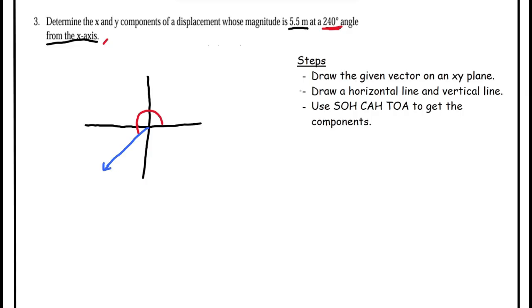Next step is draw a horizontal and vertical line. The horizontal line is our x component and the vertical line is the y component. The vertical line has to be parallel to the y-axis, the horizontal line parallel to the x-axis. Now let's give these names. Let's call our vector d, so we call the y component dy, then we call the x